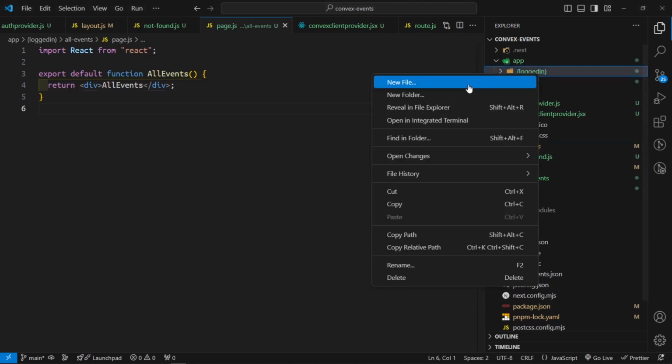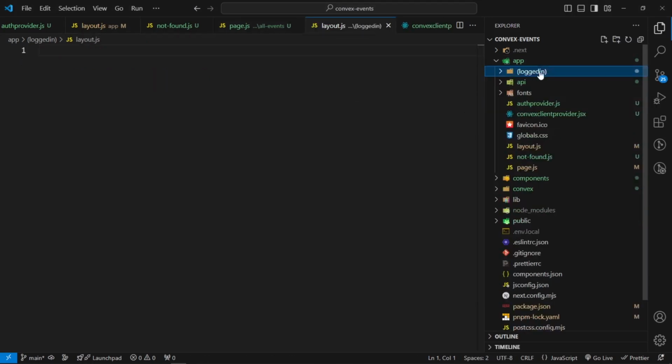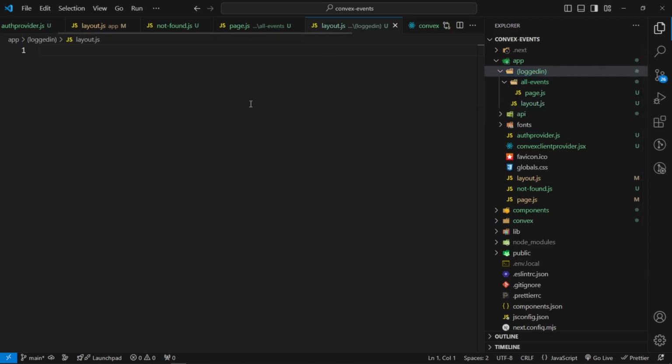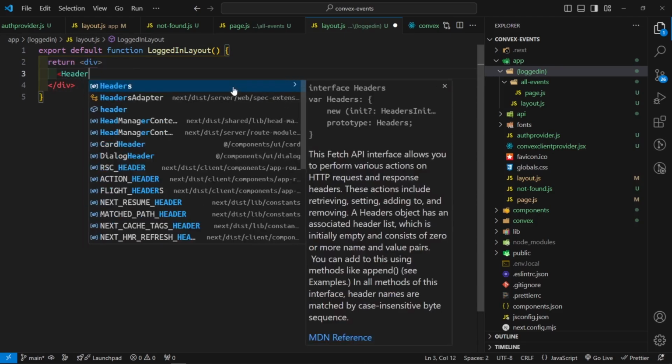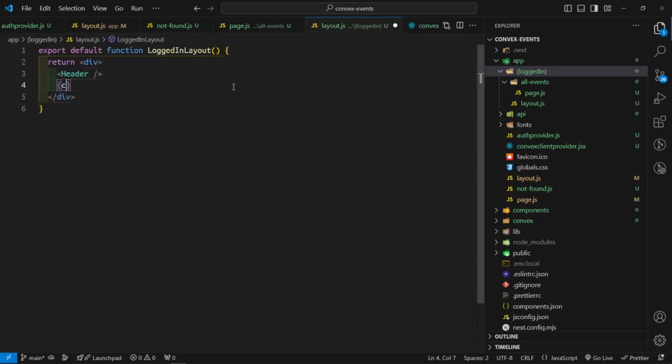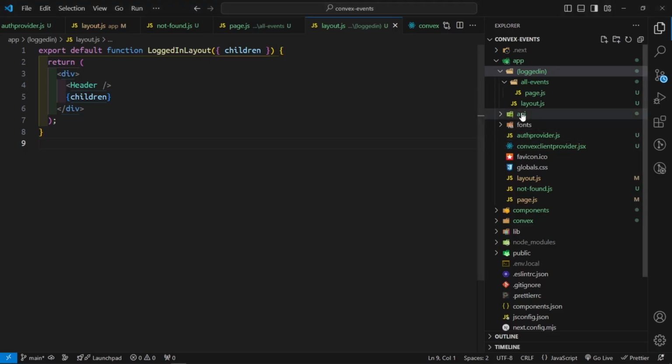So I'm going to go ahead and create a new file inside here called layout.js inside my route group. Notice that it is inside my route group. So inside here, I'm going to say export default function LoggedInLayout, like so. And then I'm going to say return, and we're going to be returning a div inside here. And this div is going to be showing a header component which we don't have, and then it's going to be rendering the children which we need to destructure inside here, like so. Now if I save this, then we should get an error, as you can see,